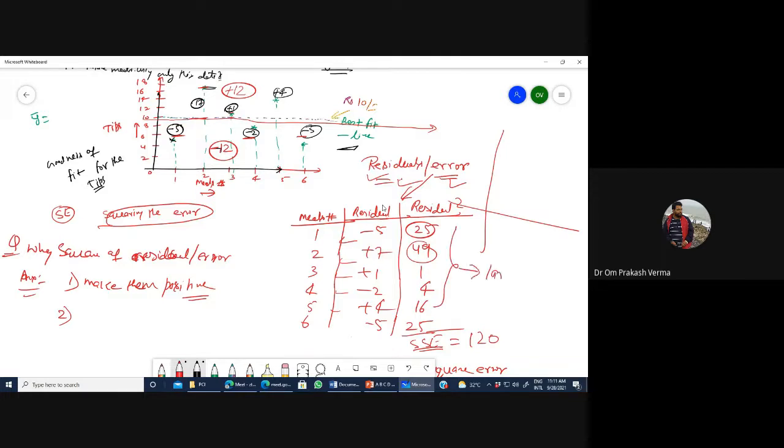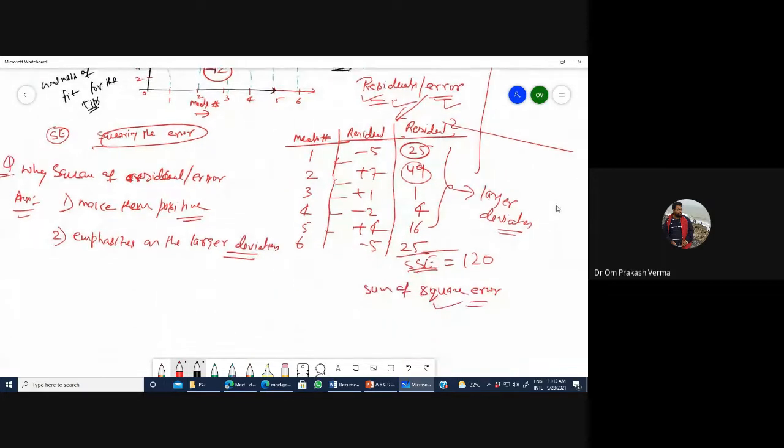Your deviation is very clear, or you can say the visualization is clear. So you make it for the purpose of emphasizing the larger deviation. Is it clear? Yes or no?